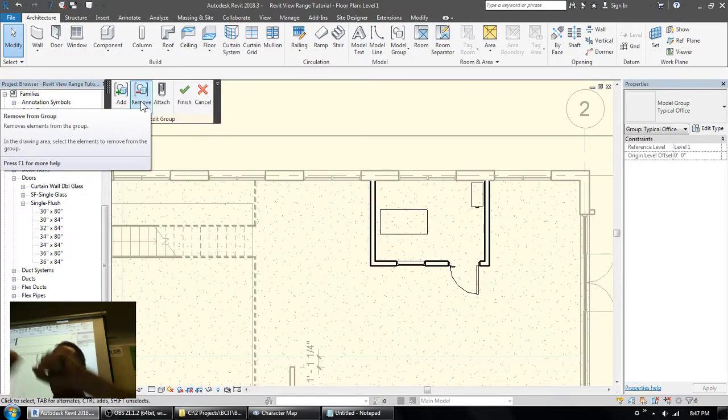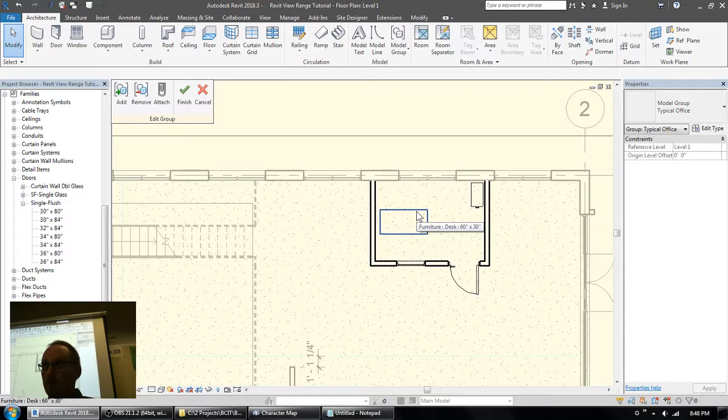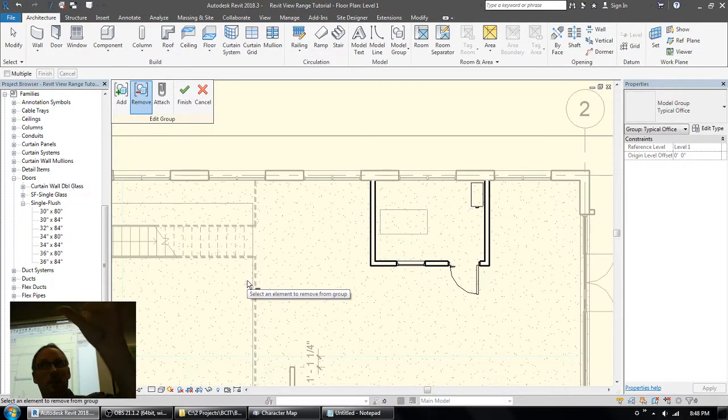You're simply pushing it out of the group. So this desk here is part of the group. And you can tell because all the objects that are part of the group are black, the rest of the model is gray. So if I remove this desk, the desk is now outside of the group, but not deleted, just outside of the group. And when I finish,